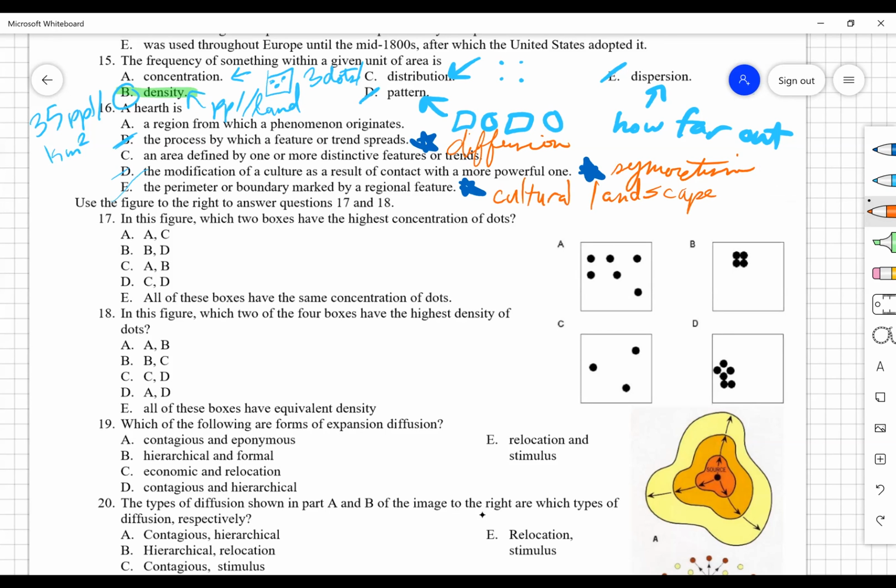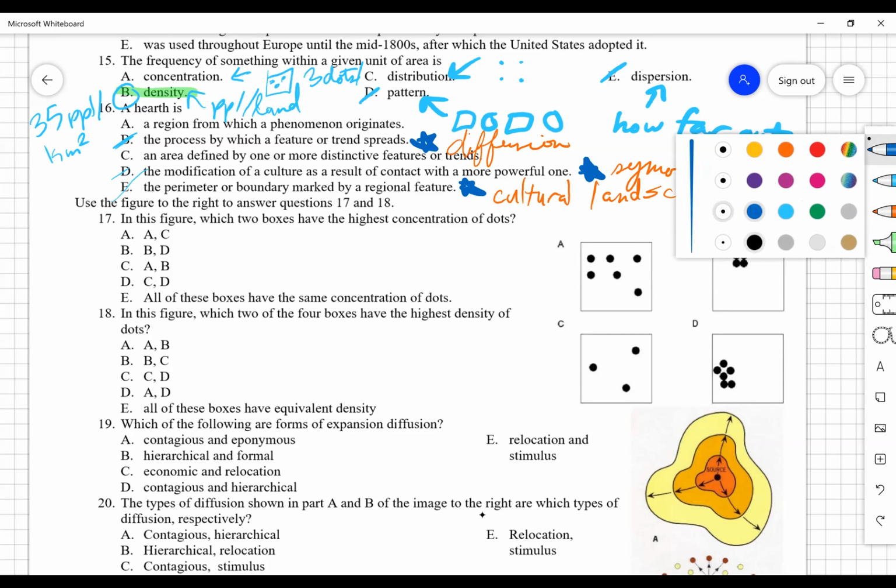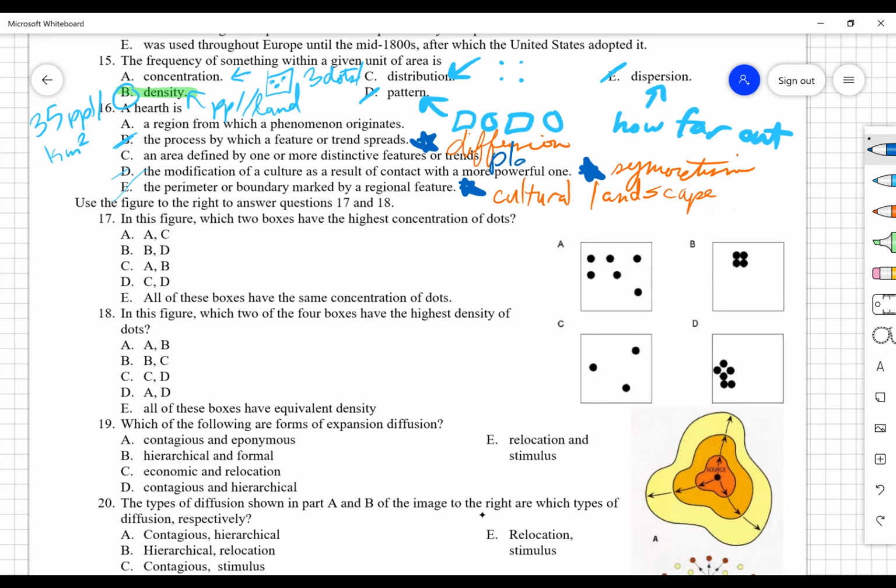So C says an area defined by one or more distinct features or trends. So this one right here is going to be when we're talking, I don't want it to be that big. So this is when we're going to be talking about the concept of place, which is one of the 5 major themes of human geography. So if we can just think about it for another second, we only have one answer choice left, which is